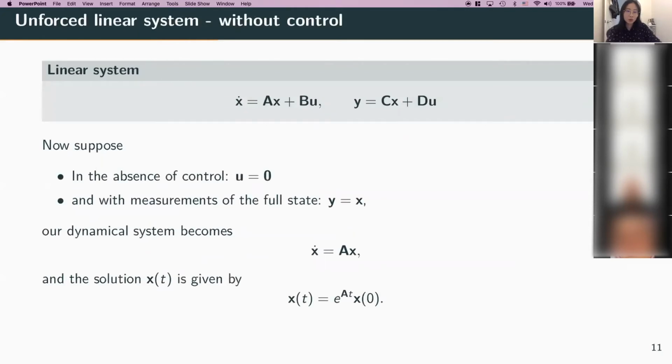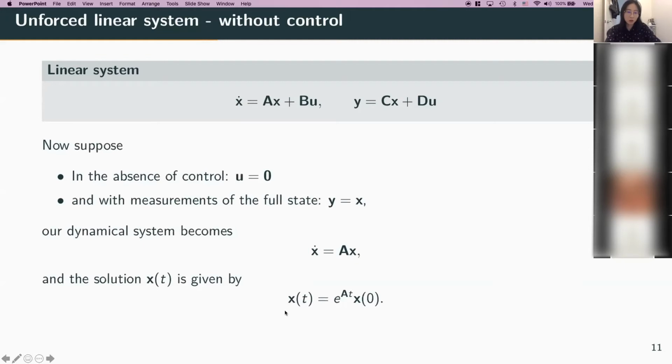And now suppose we don't use control. What happens if we don't use control? And for simplicity, we're also going to assume that we can measure the full state. So our measurement is just going to be all of the state variables. So u is 0, that means these two terms are gone, and y is just equal to x. Then our dynamical system just becomes x dot equals Ax, and this is a very simple